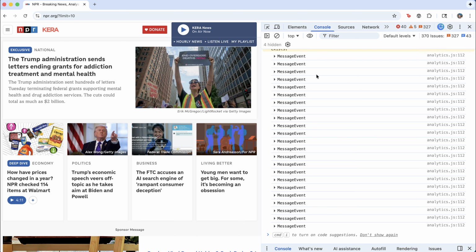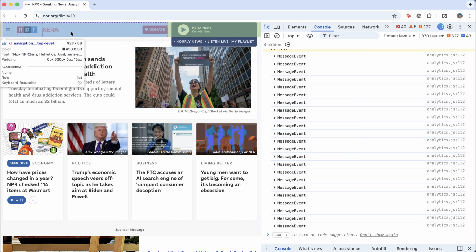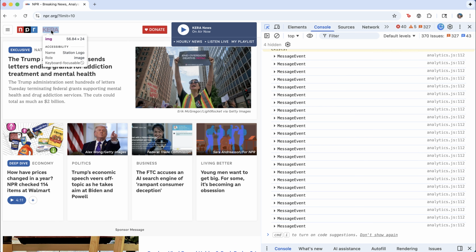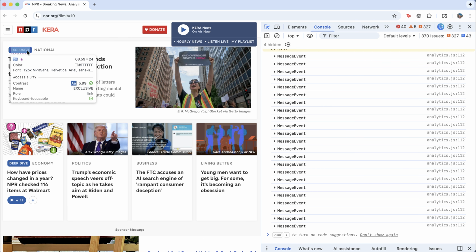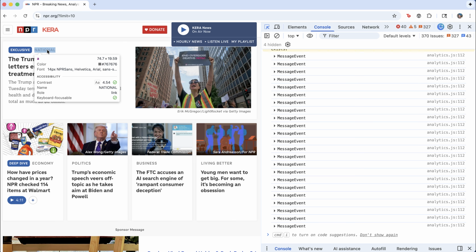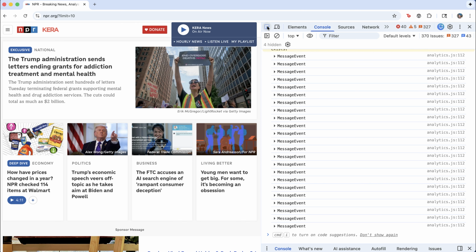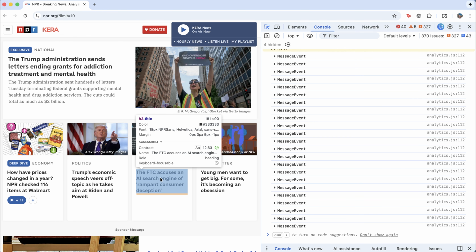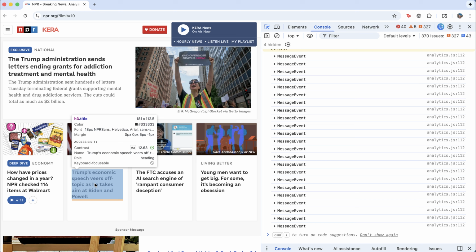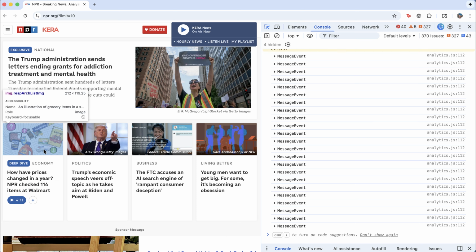And if it's your first time really looking around inside DevTools, I find this icon a little bit hard for students to find, so I'm just going to point it out while I'm here. This helps you to select items on the page. So if you wanted to inspect something specific on the page, you can use this selection icon, and I think it's a great way just to poke around and see how web pages are designed